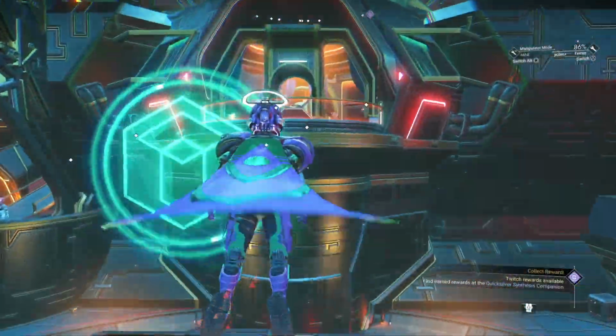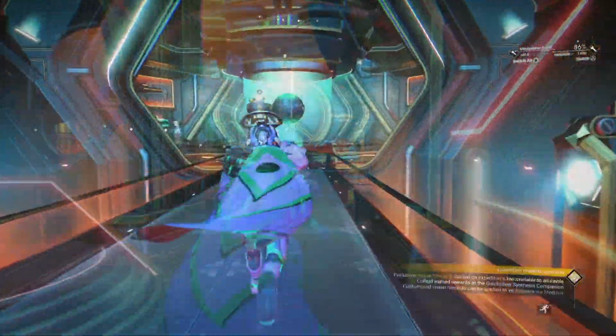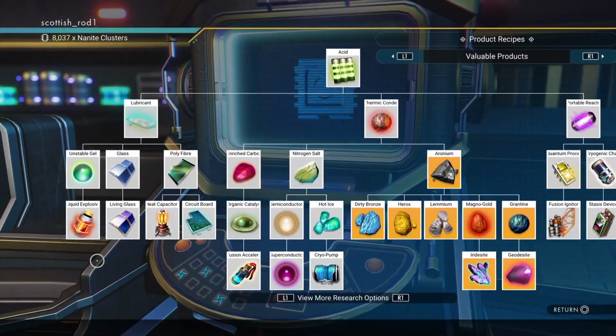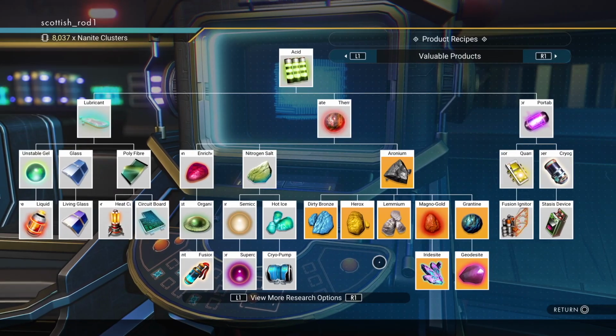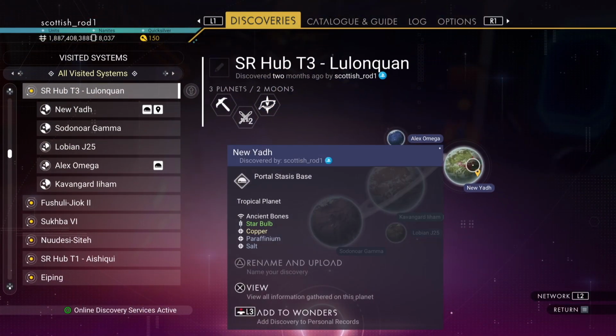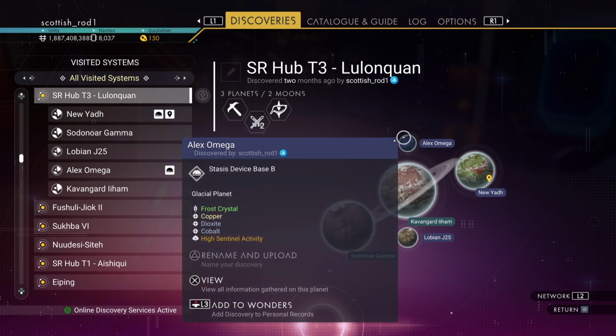Head to the back of the anomaly where the kiosks are, and you want the one in the middle on the right. And if you've got enough nanites, purchase everything that's in this window here. But if you don't have enough nanites, don't worry, I've got you covered. These two planets is where the Stasis farm bases are, but the first planet we're going to visit is this